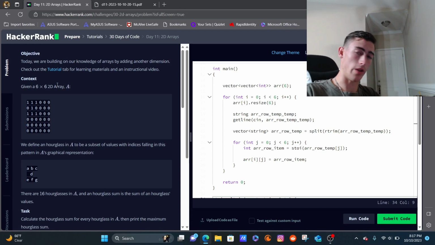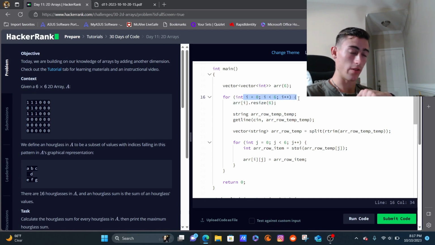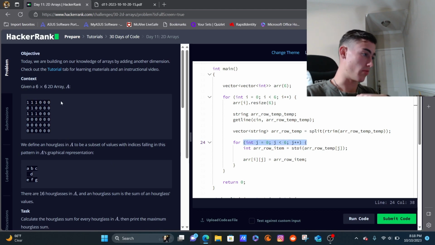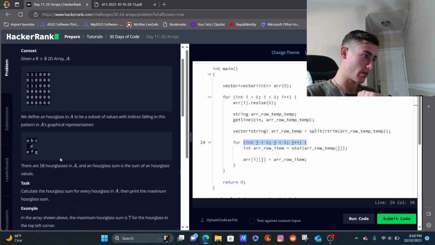Like if we had one array with 0 through 5 right here, because it's 6 by 6, the original i that we've been dealing with in a single array is going to be vertical, and then the j, which is the second array nested within that one, is going to be all these little horizontal ones that we see. As it's printed right here, we only see the second array printed, which is this 6 by 6 block. So the task is to find an hourglass shape,